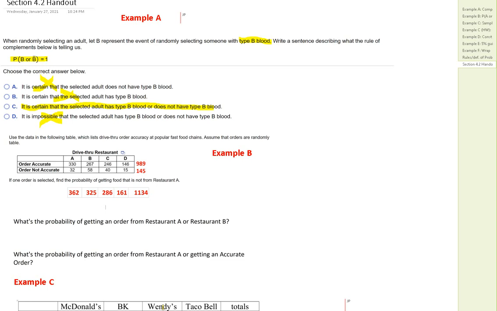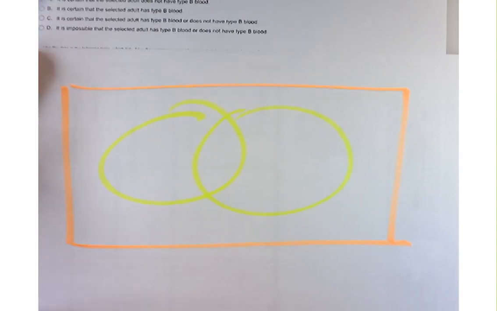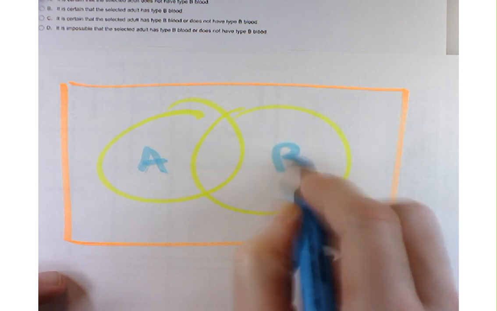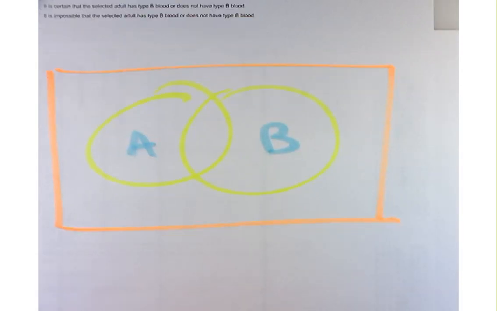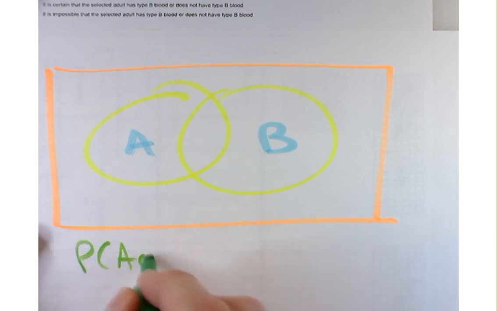And this is what's called a Venn diagram. You don't have to draw this. I just want you to have a good conceptual understanding for what's happening. So here's event A, here's event B. If I wanted to calculate the probability of A or B,